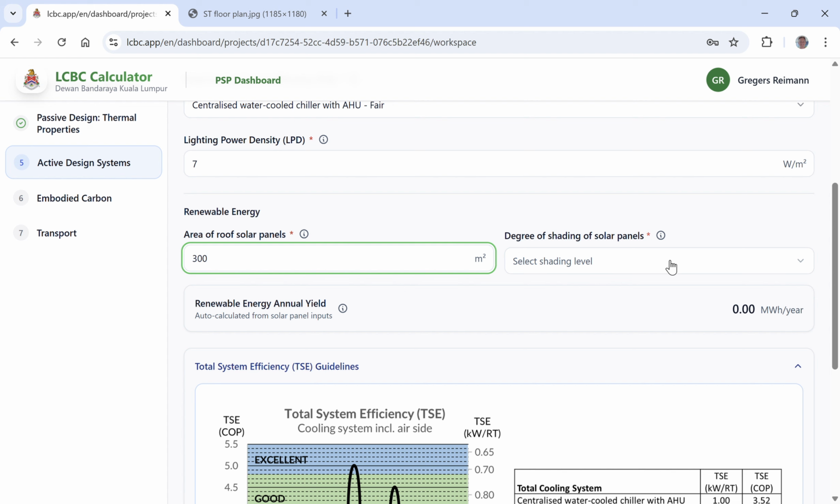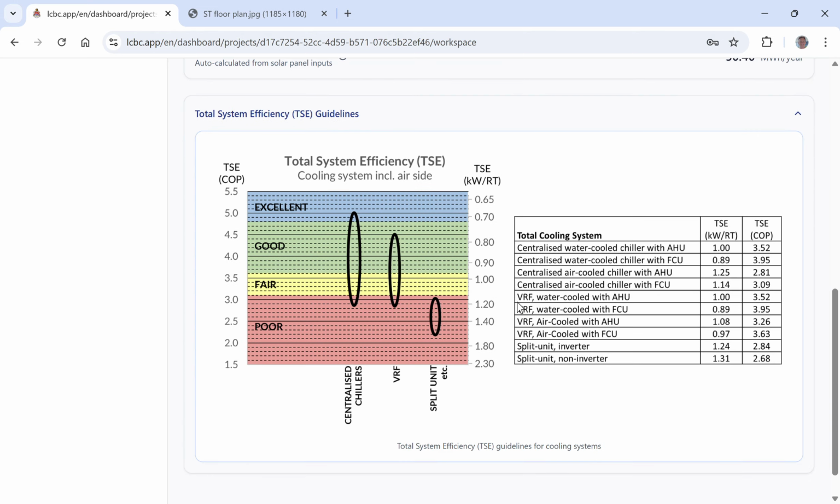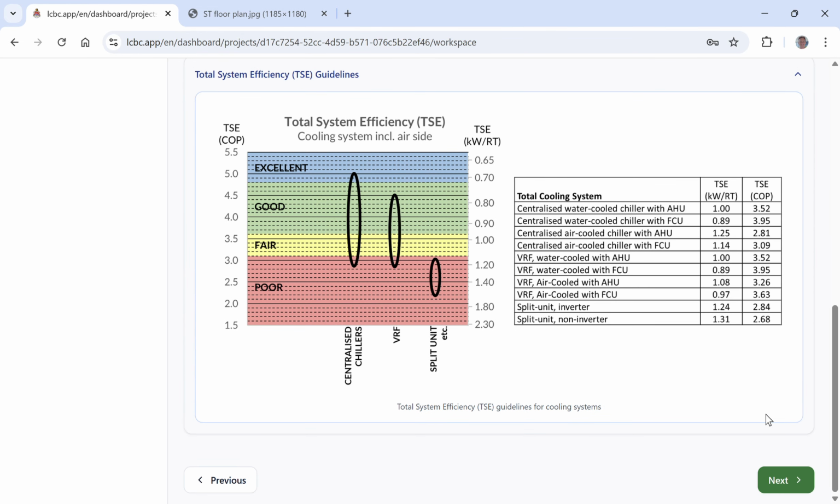Sometimes they can be a bit shaded, so you also have to indicate whether it's a very shaded solar panel, in which case we multiply by a factor of 0.5, so that means they only have half the yield of unshaded panels. Maybe it's slightly shaded, in which case it has 70% yield compared to an unshaded, or it's not shaded. So in this case, we just put slightly shaded. And it will calculate how many megawatt hours of electricity these panels will produce per year. And then we click